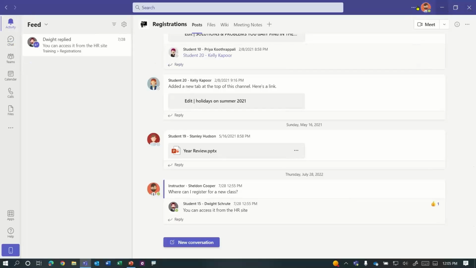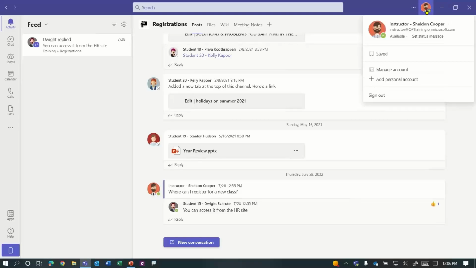But on the top right, you'll have the three basic window controls. You'll have the X to close the app, the maximize or restore, the minimize, but then you have your profile menu. And this can come in handy for several reasons. Notice that under your profile menu, you can see the account that you're using, but you also see your status.